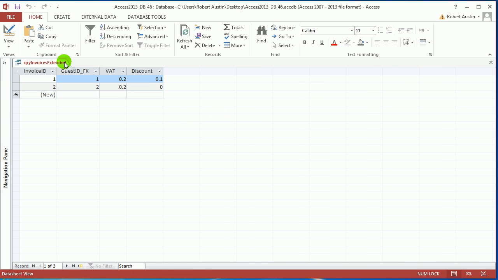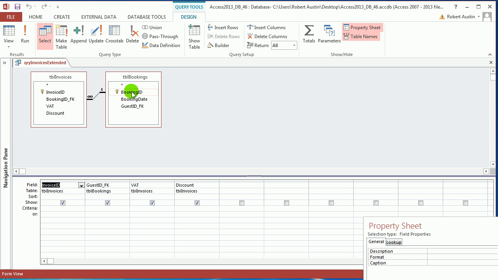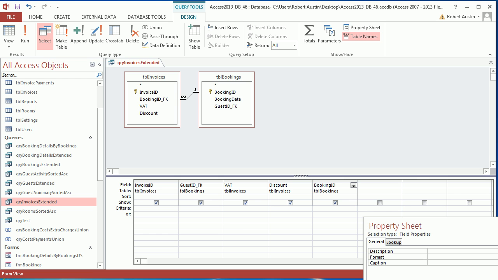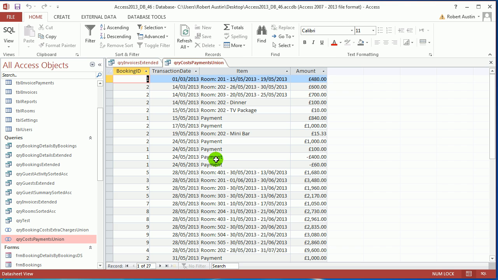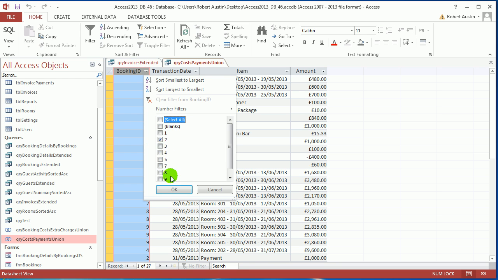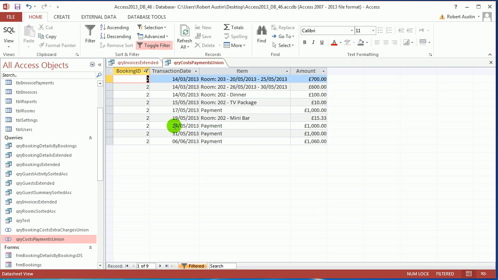Okay, so now we've got our invoice ID, we've got our guest ID. We're going to need to drop our booking ID in there as well, and we're going to want to get the total cost for an invoice, and we're going to get it from another query. That query is going to be query costs payments union. So we're going to look up a booking ID, and let's say we look up booking ID number 2, just for the sake of argument,